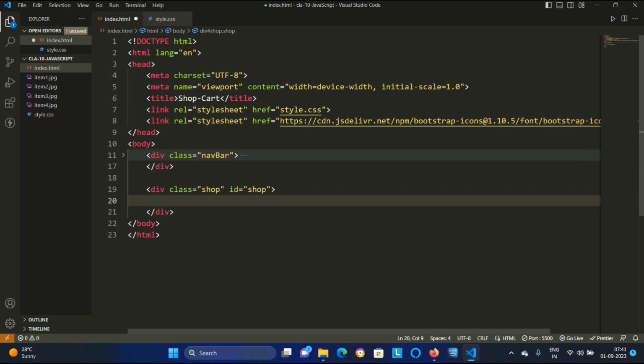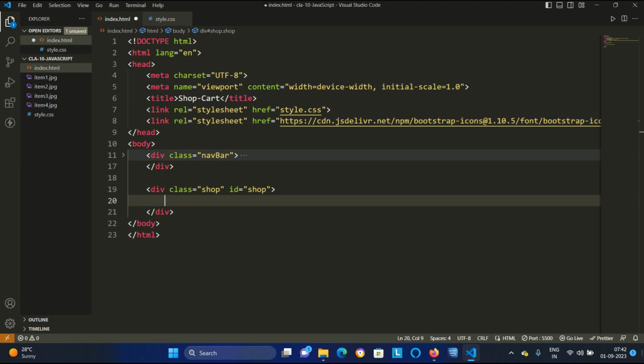In this div which has the class shop, I will create my cart. So give me some time so that I can have my materials. Okay.